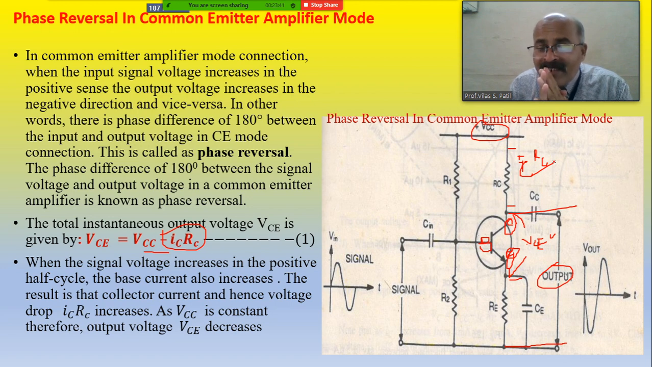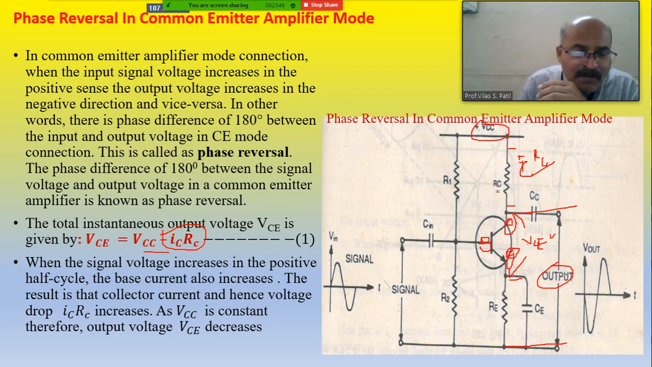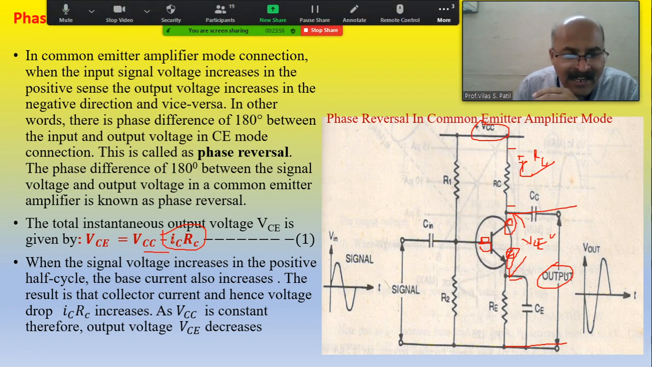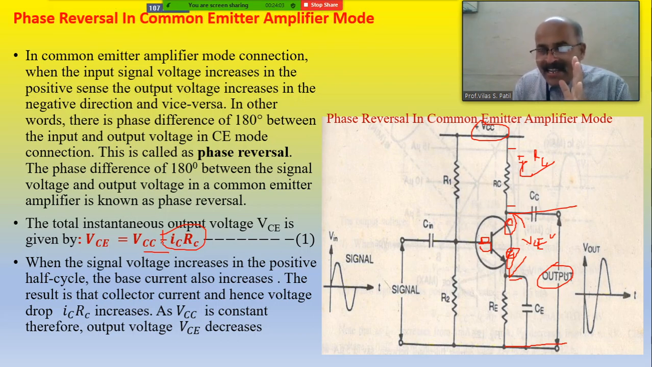आणि ते रिलेशन VCC इज इक्वल टू ICRC प्लस VCE असं आहे. ICRC मी पलीकडे घेतलं तर VCE बरोबर VCC वजा ICRC होईल. हे ICRC जे पलीकडे होतं ते इकडे आणल्यामुळे मायनस झालं. आता बारकाईनं बघा मित्रांनो, when the signal voltage increases,